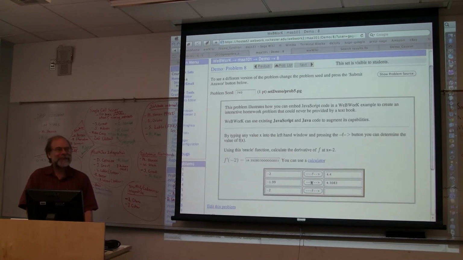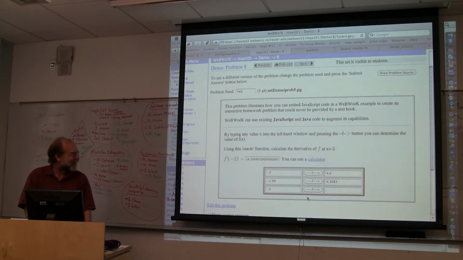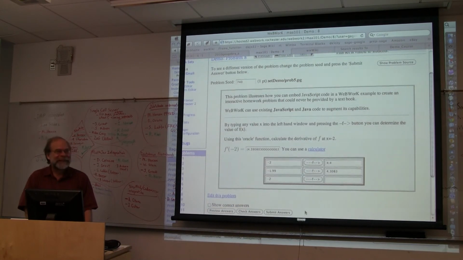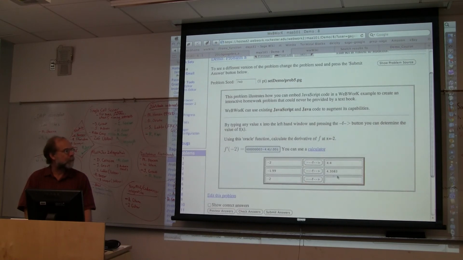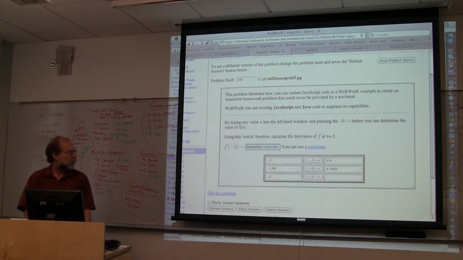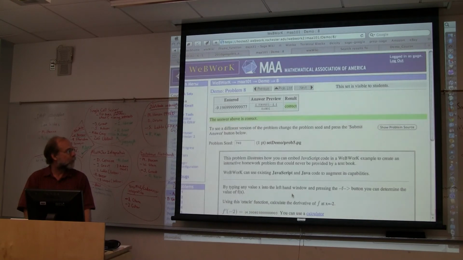I've even had some instructors say that when they went on this thing: use a calculator, that's what it says. Yeah, no, this calculator, right, actually that's right. I didn't actually feel like doing my arithmetic. Well, most students would do it with a calculator and then enter the thing. But this is an example of something that cannot be done in a textbook. And it's just JavaScript.